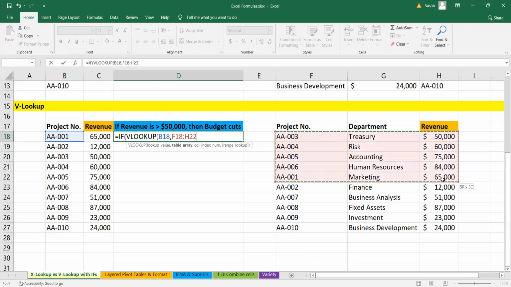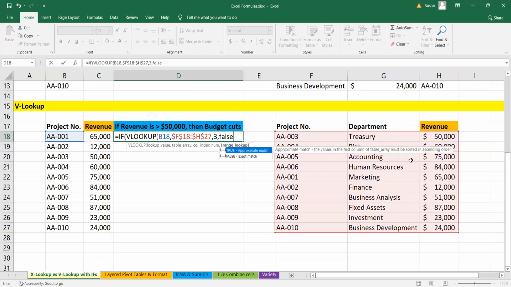and then table array, same thing, from left to right, project number to revenue, hit F4 to lock the formula, and then how many columns over? That was 1, 2, 3 from lookup to return, and then FALSE because I'm looking for exact matches. So if this revenue is greater, you see how I have a greater than sign now, greater than $50,000, so I type down $50,000,